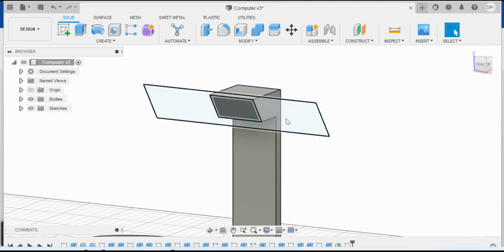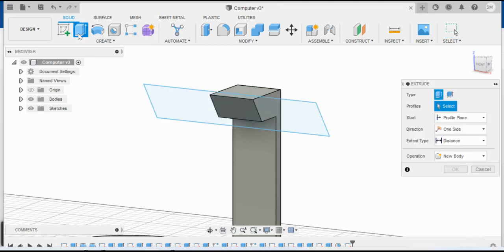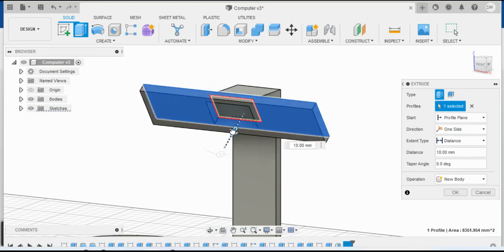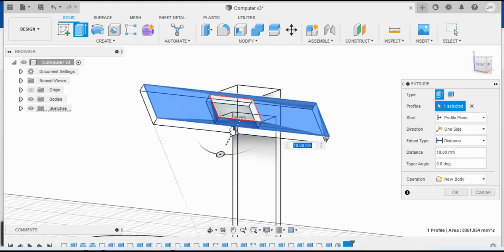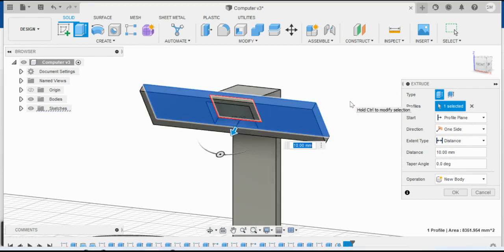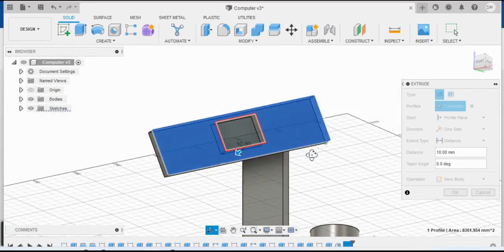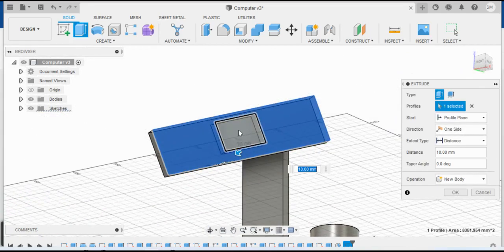All right. So now at this point in time, I want to extrude this out. So I'm going to click on the extrude button. I'm going to click on my sketch. I'm going to extrude this out 10 millimeters. Oh, one thing to keep in mind. See how when I extruded this, it left a little hole in the middle. I don't know if you can see that very well, but there, where this gray rectangle did not get extruded out. So I'm going to hit cancel